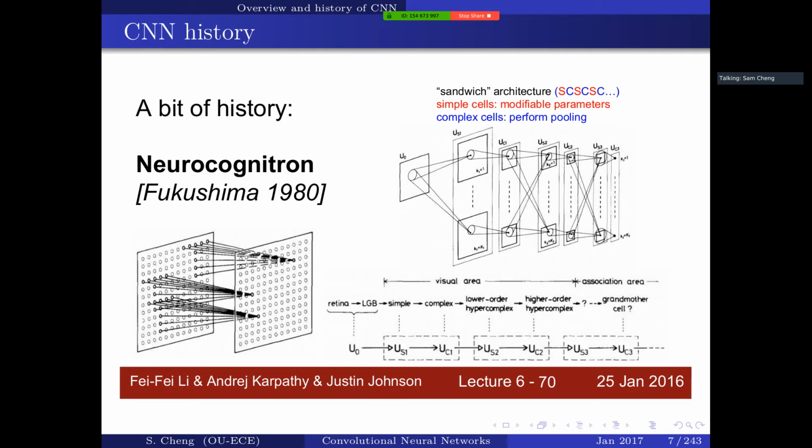And actually, another work that people usually cite for CNN would be the Neocognitron, maybe there's a typo here, I'm not sure, by Fukushima, a Japanese researcher in the 1980s. He basically had something very similar to a CNN already, but he didn't have a training mechanism. He didn't use backpropagation to train the model,